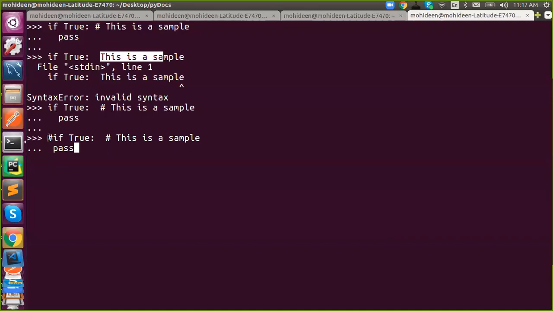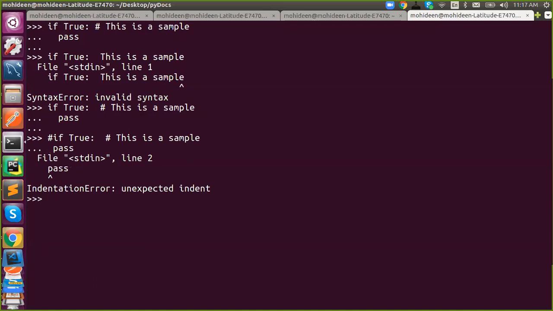Here my code starts from here, but here I am having one more space. So this will raise an indentation error. Got it? Yes, sir. Okay. So here it will raise indentation error. You need to be careful while you're using a comment.